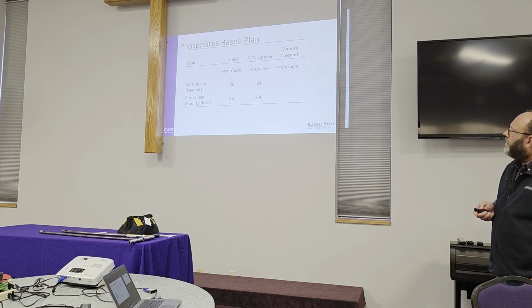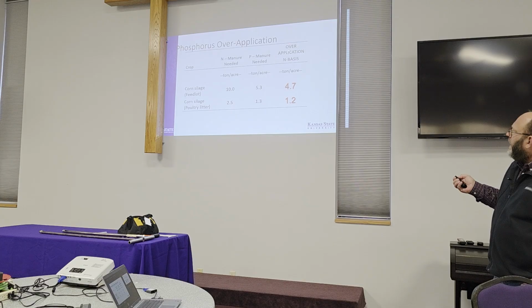If we think about it from a phosphorus-based standpoint, for that 20 ton of corn silage, P2O5 uptake we expect to be around 64 pounds per acre. And we're going to need 5.2 tons to the acre of that feedlot manure, or 1.3 tons of poultry litter. And so what that means is if we have applied on an N basis, we have over-applied